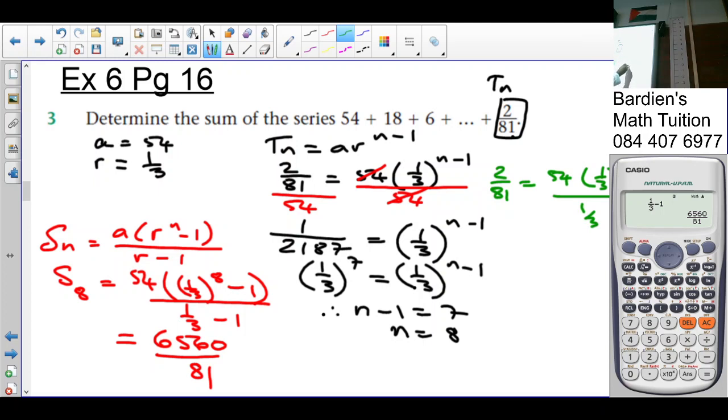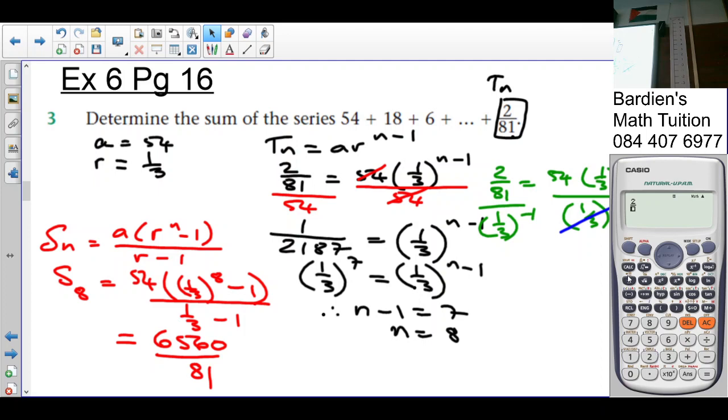A third to the minus 1. That would have been correct to an extent. So this here would have actually cancelled that only. Then you left 2 over 81